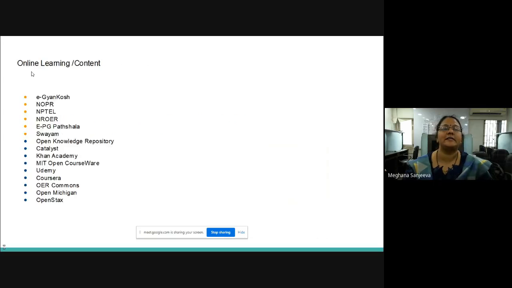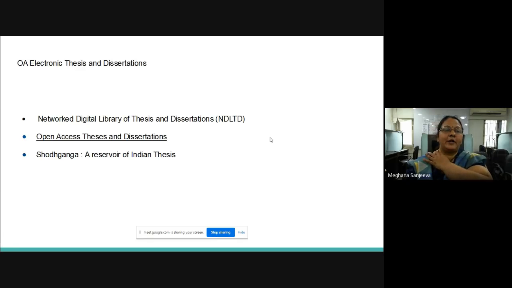Most of the theses and dissertations are now also available in electronic format. For example, in India, when a student submits his or her PhD, the entire thesis has to be uploaded on the Shodh Ganga portal. So this is the portal for accessing Indian theses, whereas we can access open access theses from this website,